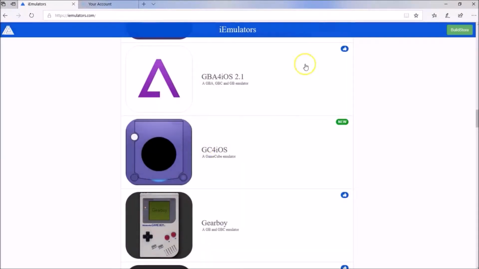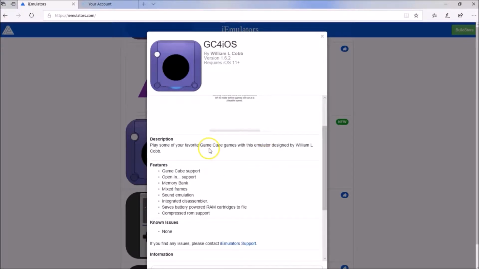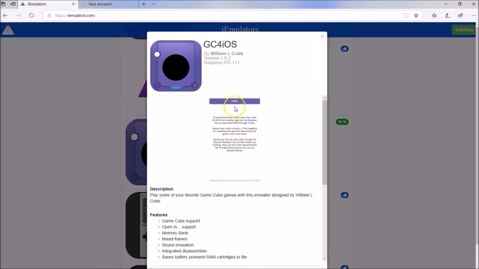So yeah, there's this one. This is one that just came out. It's called GC for iOS, otherwise known as GameCube for iOS. You may know the GameCube from the meme that showed up earlier in 2018. But it's also a really great console, and I've been trying to get GameCube games for the longest time, but